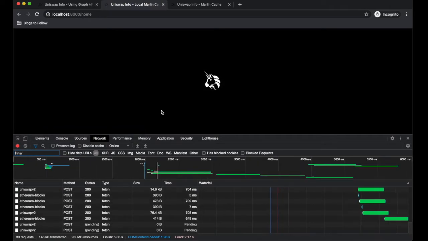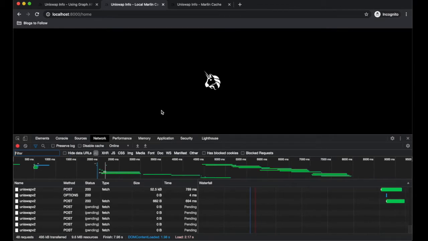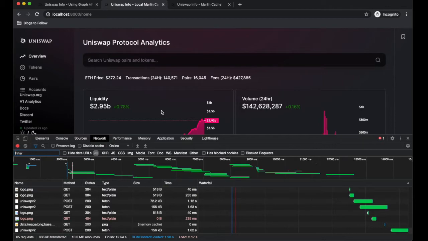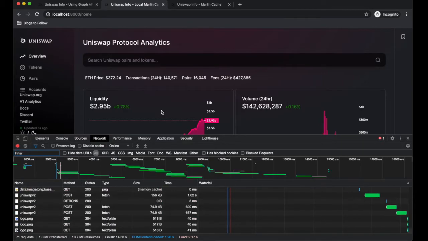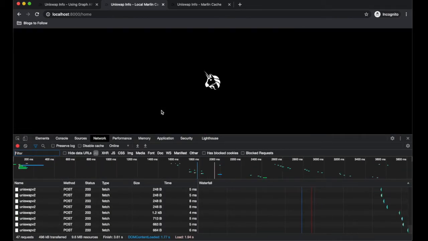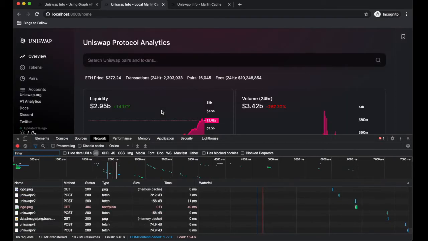So this is the first time I'm loading. It takes a while to actually cache the content, and it will generally take more than the time it takes for the Graph API to load. As we can see, it took around 12.5 seconds the first time. But from the second time on, the cache kicks in and makes these load times much shorter. So you can see that now it's less than 5 seconds, around 4.8 seconds to load the page.